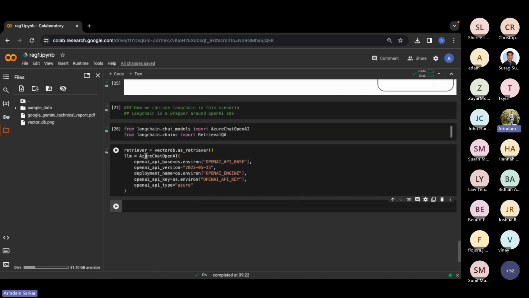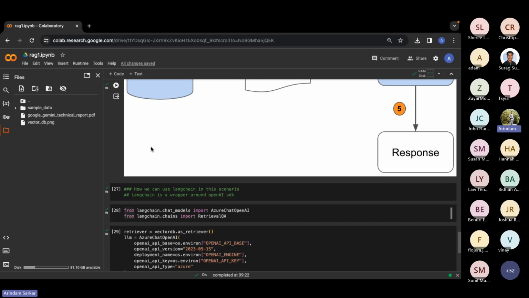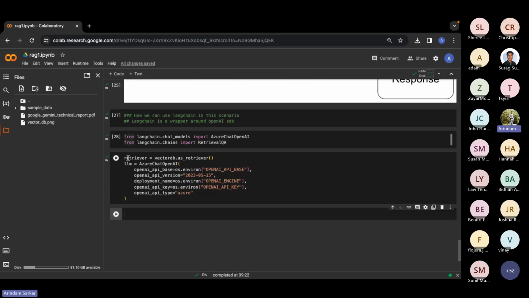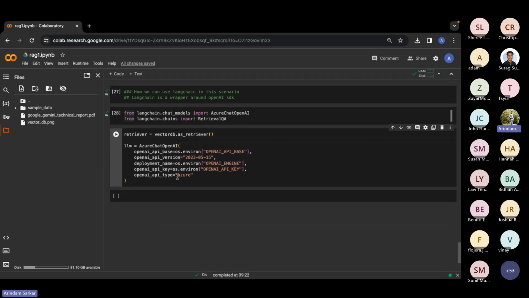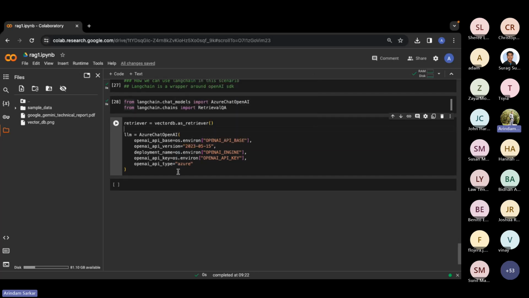So what we are doing here, right? You see, this is a vector tree, and we are getting an object out from the vector DB where we can directly ask questions, right? Vector DB as retriever, and then we are initiating the LLM, the Azure Chat OpenAI, with all the credentials that we need: the OpenAI API key, the OpenAI base, the OpenAI API type, all of those things.